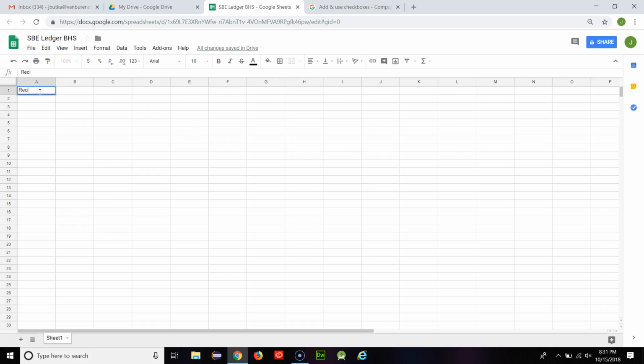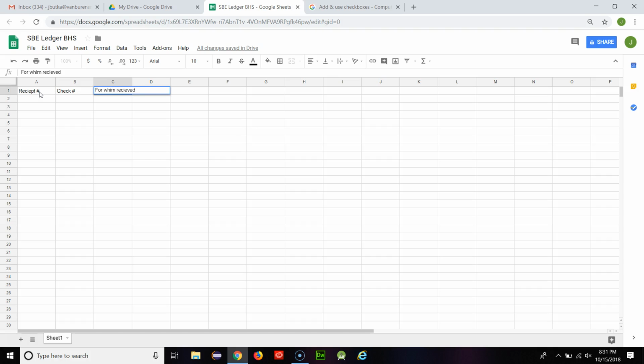So the first thing we will do is name this receipt number, and this will keep track of the numerical 1, 2, 3, 4, 5, what times we received a certain sort of payment or check. And then for this one, we will write check number. This will be for the number of checks that we write out for people or the payments we try to make. And then we'll put for whom, and then for whom received,